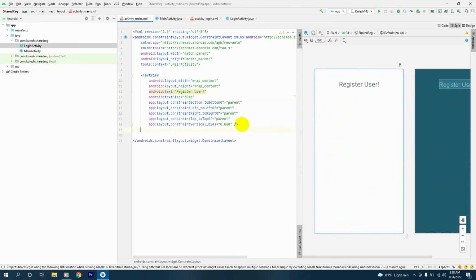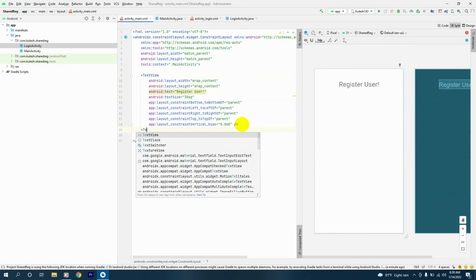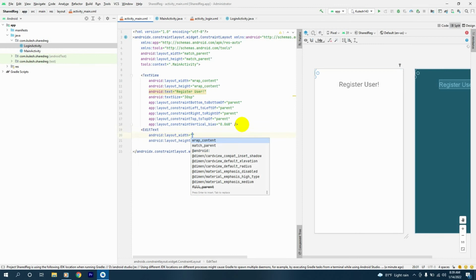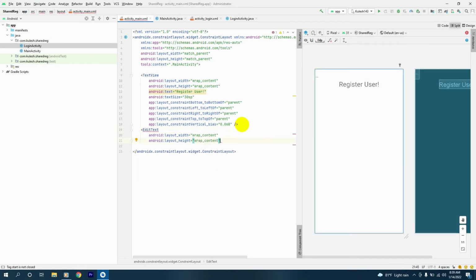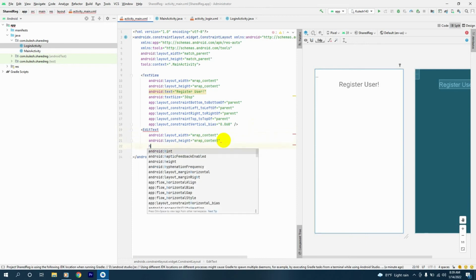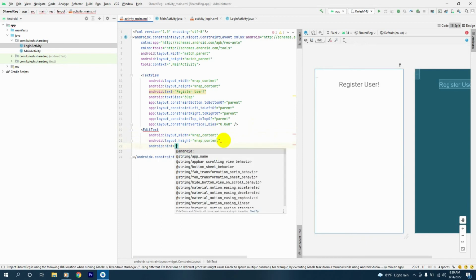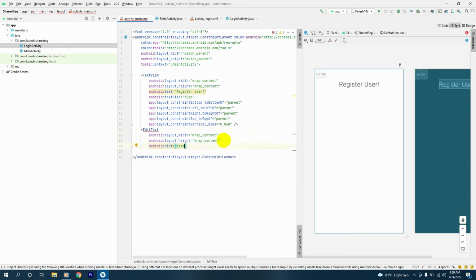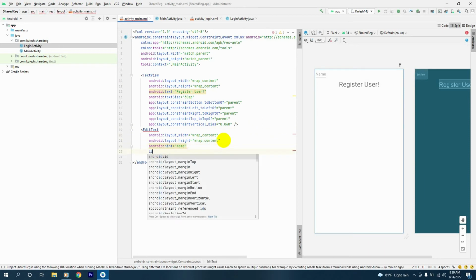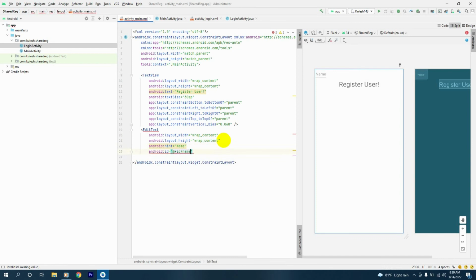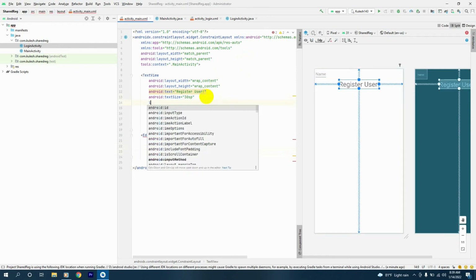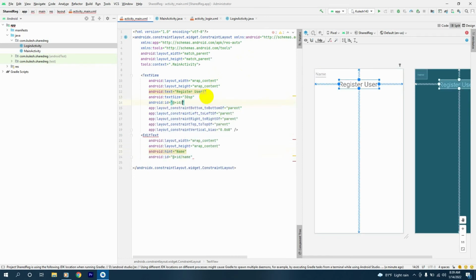And the next thing we'll have another text view. No, we'll have an edit text, wrap content, and the hint will be name, and we'll give it an ID of name, and we'll give an ID for the register user text view as well. The ID will be reg,